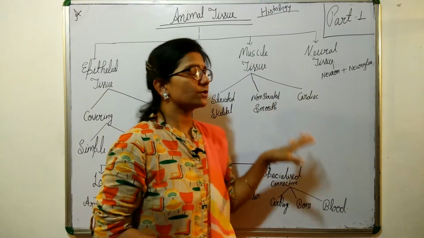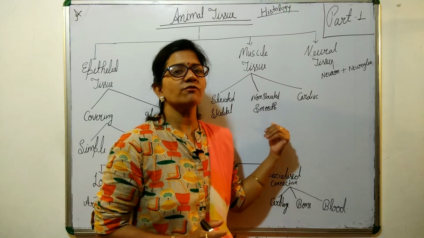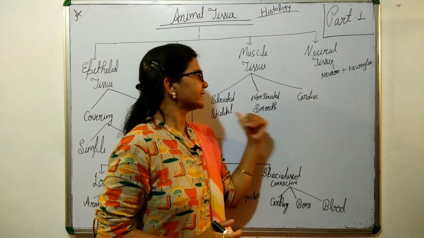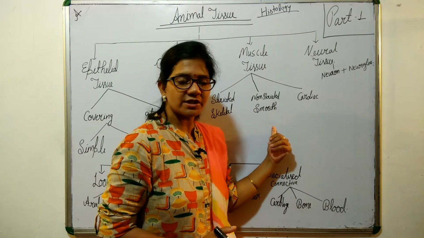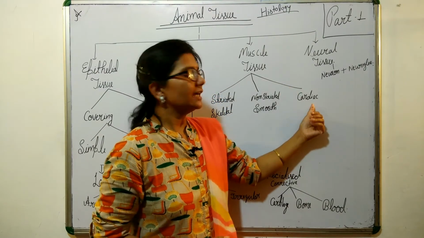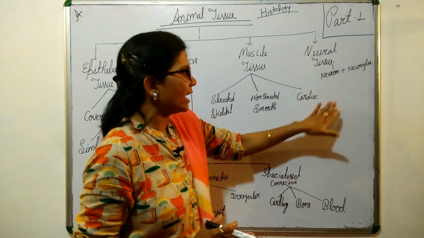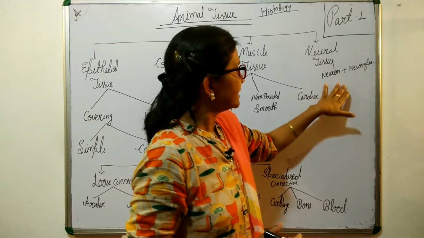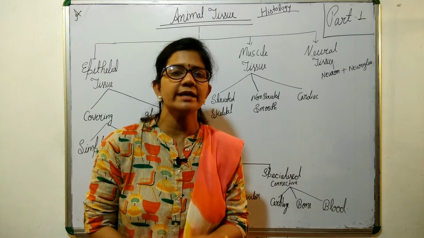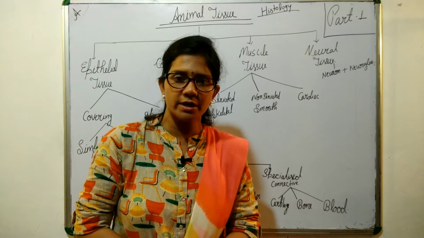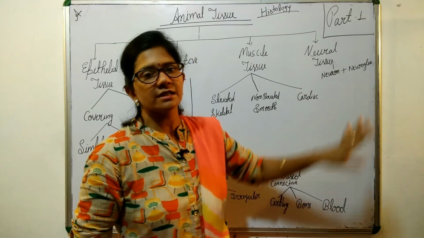Then the muscular tissues. Wherever we need muscular work, there is a presence of muscular tissue. It is basically of three types: striated, which is skeletal tissue; non-striated, which is smooth tissue; and cardiac tissue, a special type of tissue found in the heart, which is very important. Then the neural tissue. The whole coordination of locomotion, movement and other functions of the body is controlled by the nervous system, which is made up of nerve cells and neuroglia.